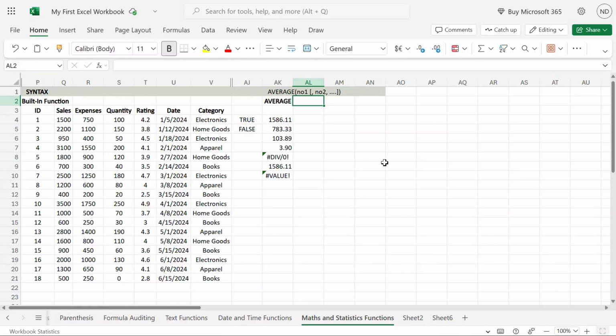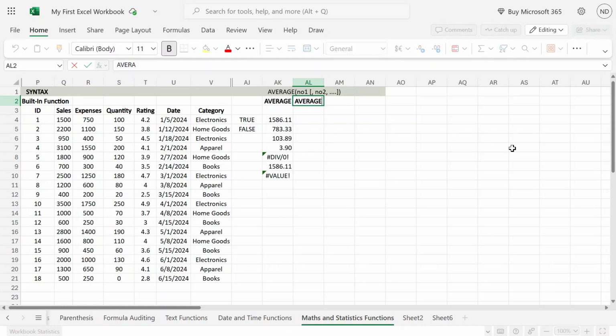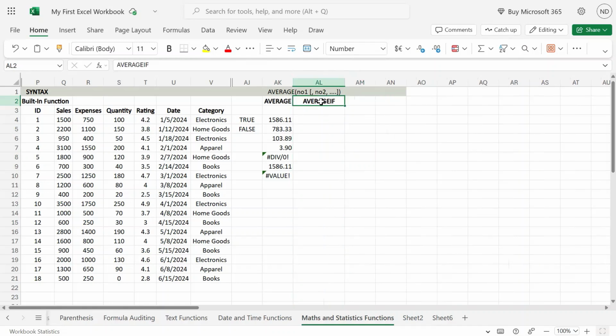Hey guys, welcome back. Today we look into a different version of average, that is AVERAGEIF. Now, when I'm talking about AVERAGEIF, it works in exactly the same way as AVERAGE, but it has another variation: AVERAGEIF makes it easier for users to determine the arithmetic mean